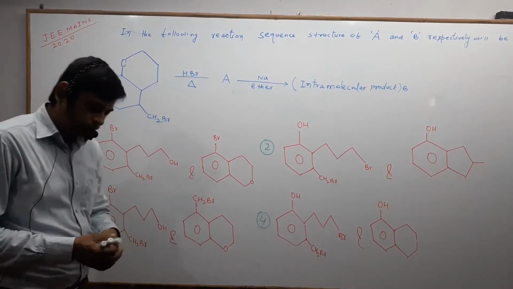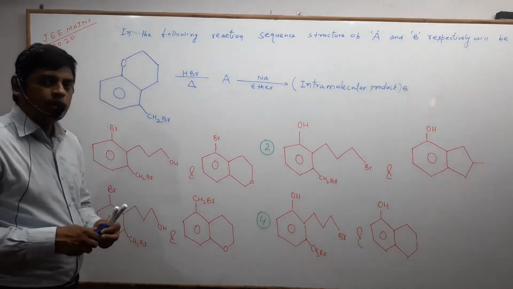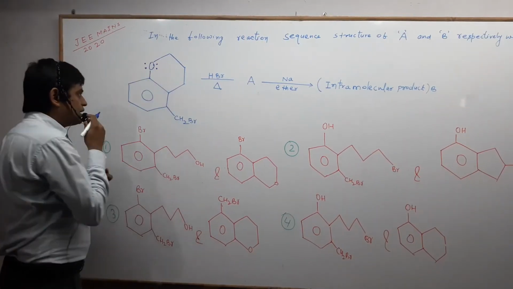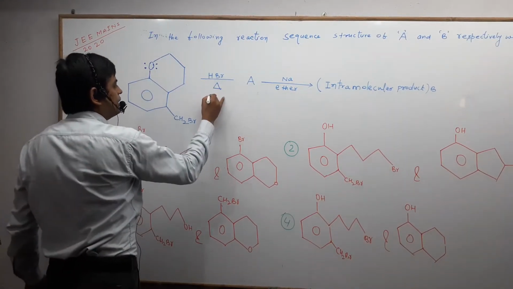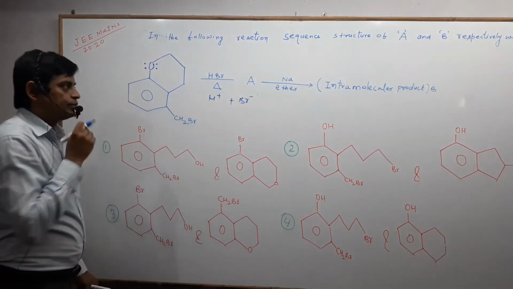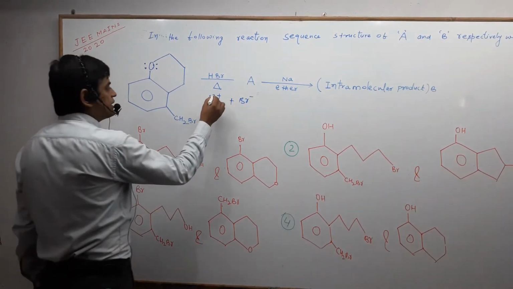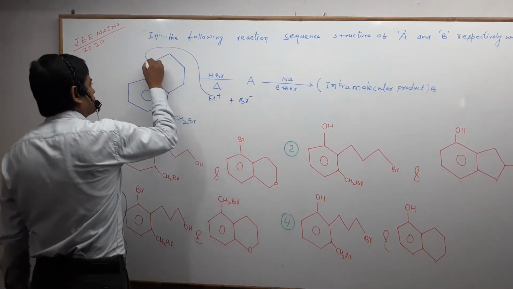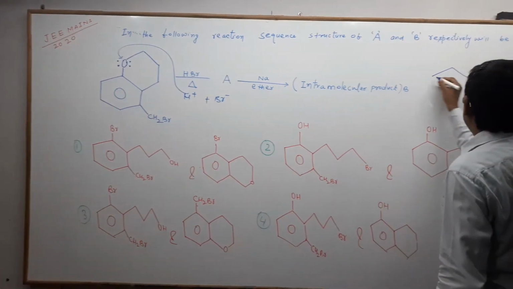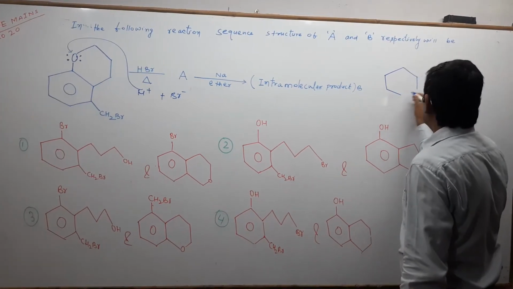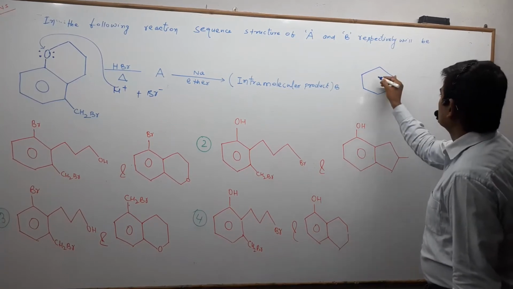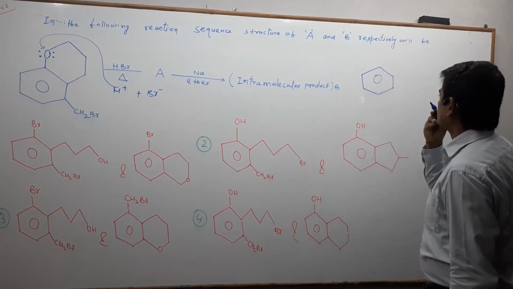So students, here HBr is given. We know that oxygen has a lone pair. HBr will provide H plus and bromide ion, and this H plus attaches at this position, and it forms a compound like this. This compound will form. Because space is very limited, I'm writing a small structure. So this is the structure.